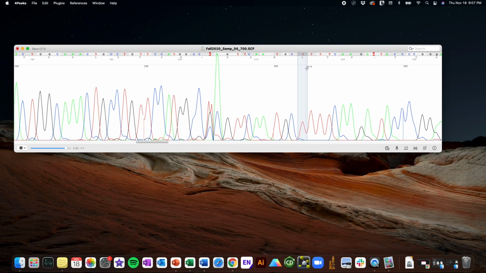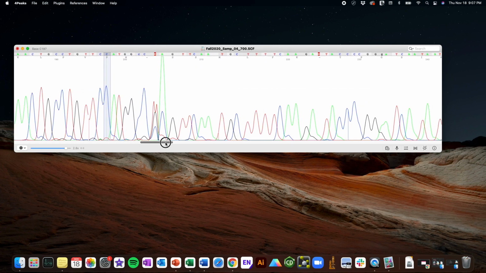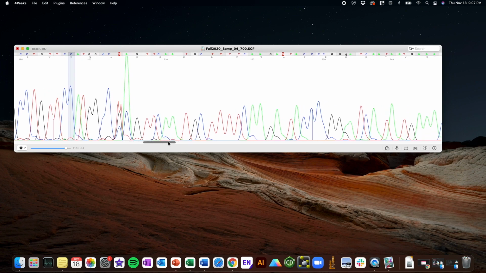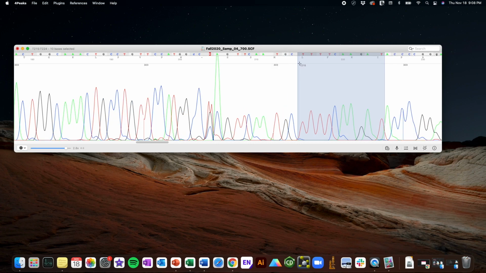that that is it. Additionally, if there's an ambiguity code that you feel can be resolved or that needs to be added, again, all you need to do is double click on the letter and you can type in what you want. Alternatively, if you do select a letter, you can then just click on delete. If it called something where there wasn't actually a peak there, you can just go ahead and delete that letter. You can also insert letters by double clicking on a space in between two letters, and that will insert a